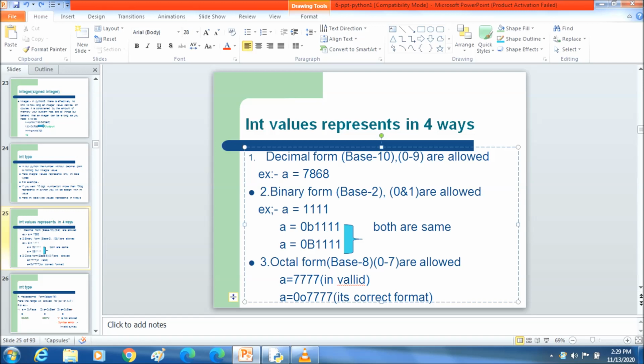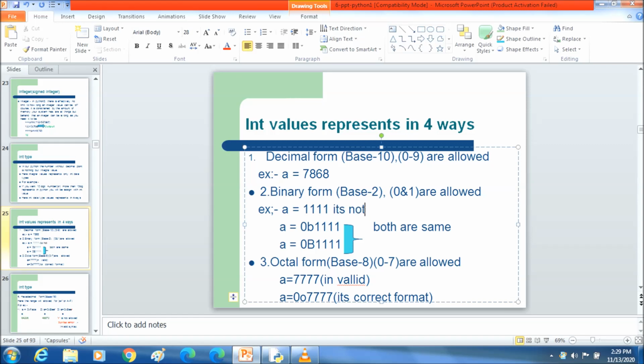Binary form means base 2, which allows only 0 and 1. Here, a equal to 1111, four ones. The important thing is how to write binary form in program code.